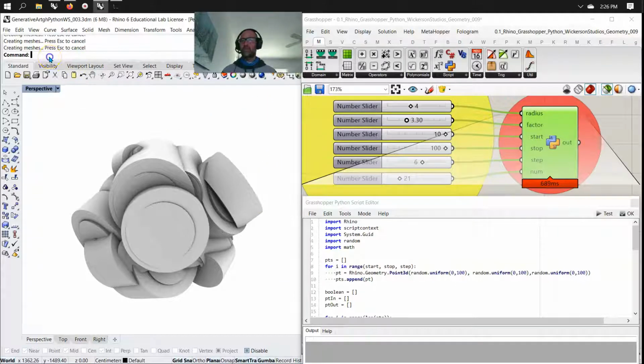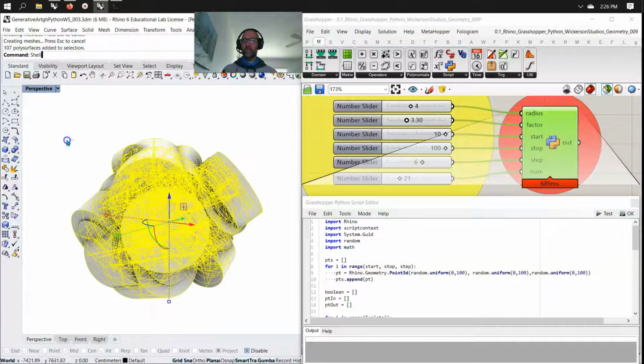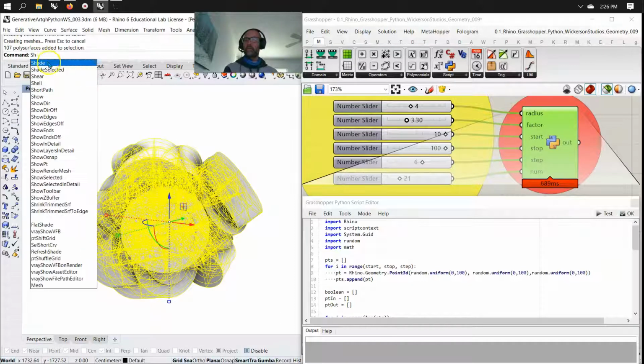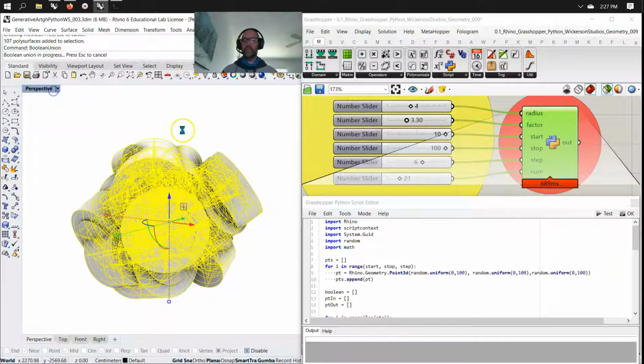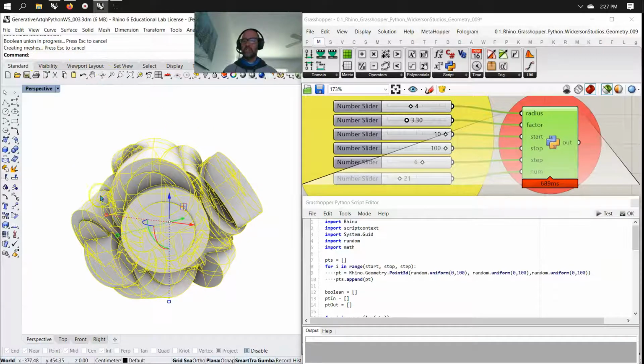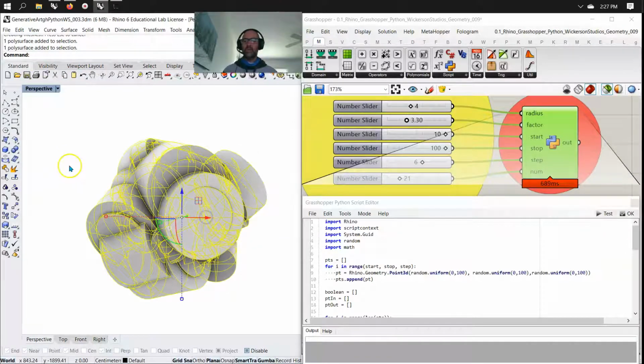I will jump in here and I will do a shell and see if that works. Actually, before I do a shell, I'm going to try and do a Boolean union on this, which I might be successful on or not. Very simple Rhino commands. Keep it at the 101, high school level stuff. It's going to take a little bit of processing. There we go. Beautiful script that I would never want to model, but you can see it being generated in